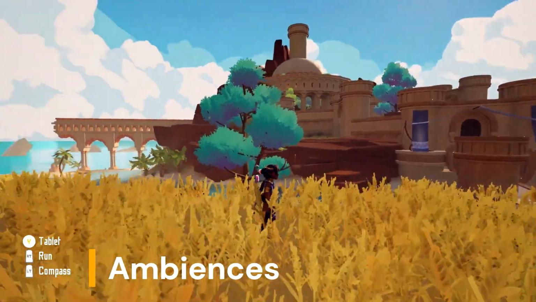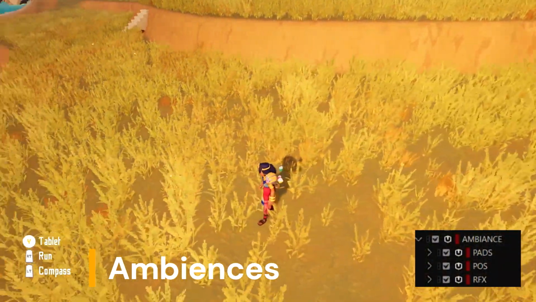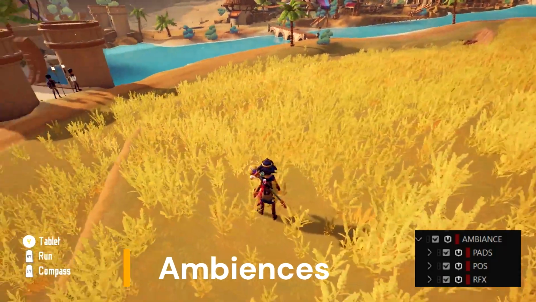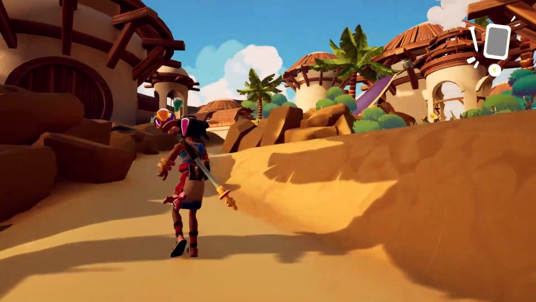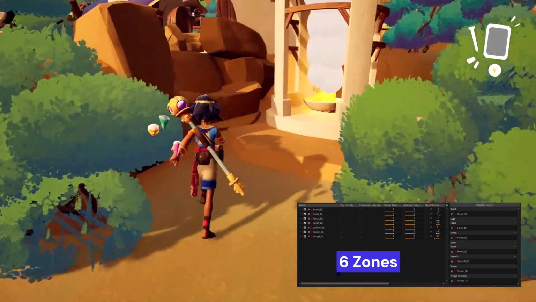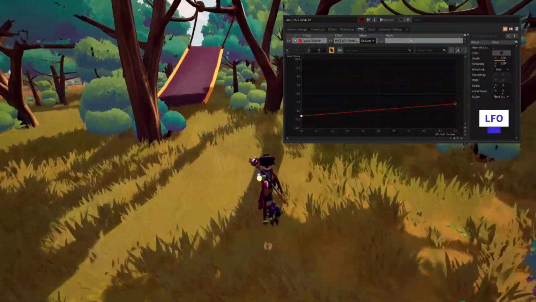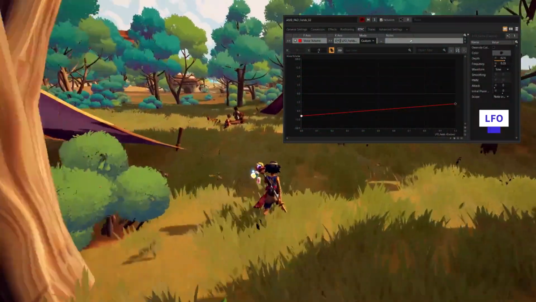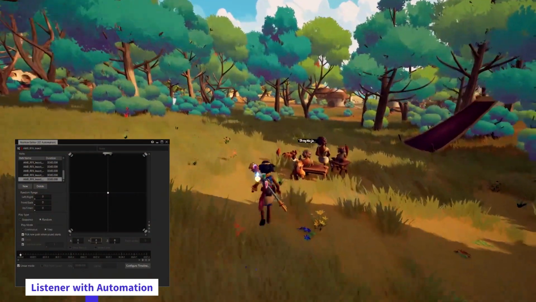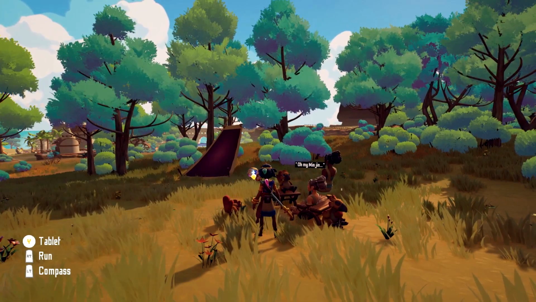They are divided into three distinct types of assets: pads for the stereo bed, posts for 3D sounds, and SFXs. The game includes 6 zones, so I use a switch to make the ambience change when the player triggers boxes on the map. The stereo pads have an LFO modulating their voice volumes to create some variation. Ambience SFXs are managed through the listener with the automation setting in Wwise to make them play with pan automation